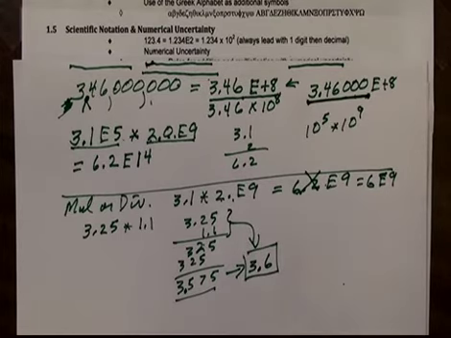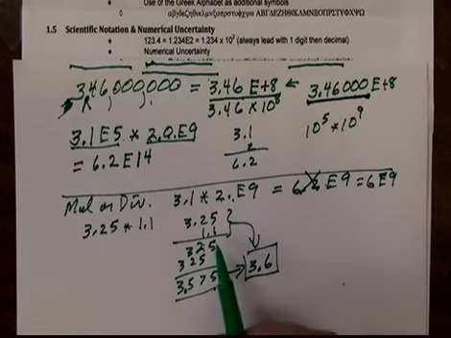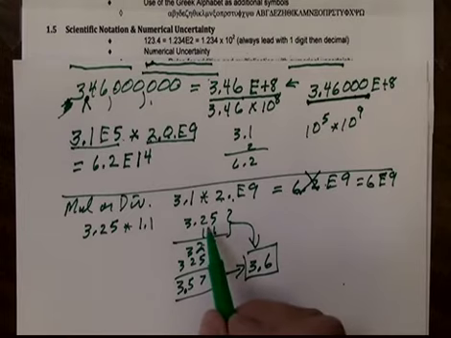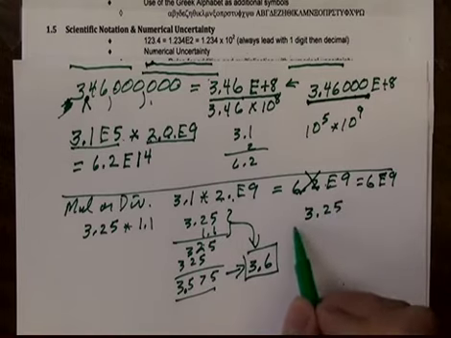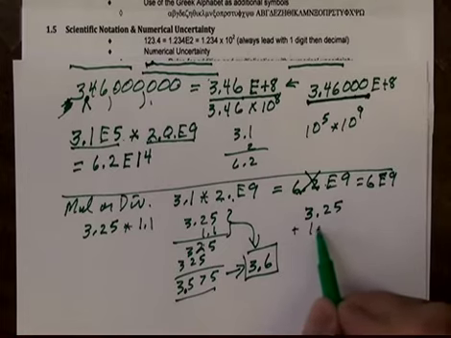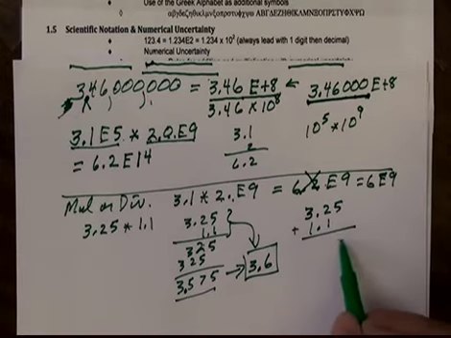Now, if we're adding or subtracting, rather than multiplying and dividing, we do things a little bit differently. Let's take these 2 numbers and now add them. If we did, we'd have 3.25 plus 1.1. And when you add, of course, you must line up the decimal points or decimal positions, or when you subtract. And if we did that, we would end up with 5,